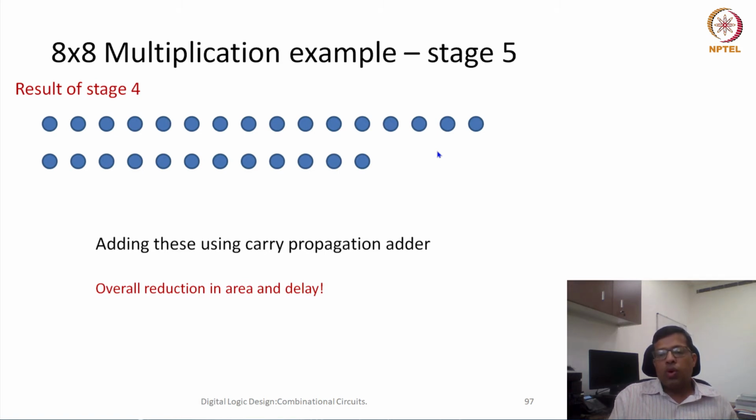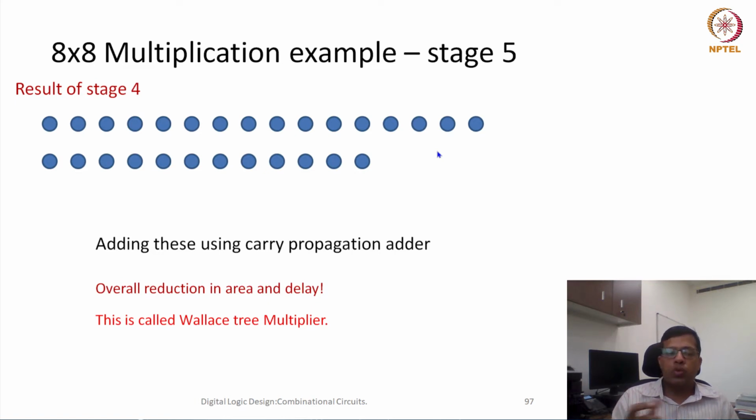So this forms a very efficient technique of multiplication. This is called the Wallace tree multiplier. In this Wallace tree multiplier, the groups of additions are created in such a way that the number of stages is less. What is the number of stages? The number of stages is approximately log n.